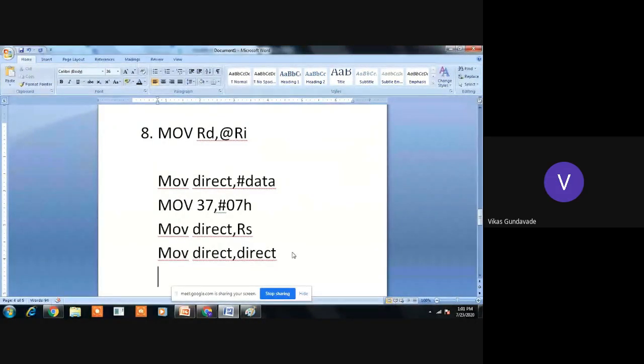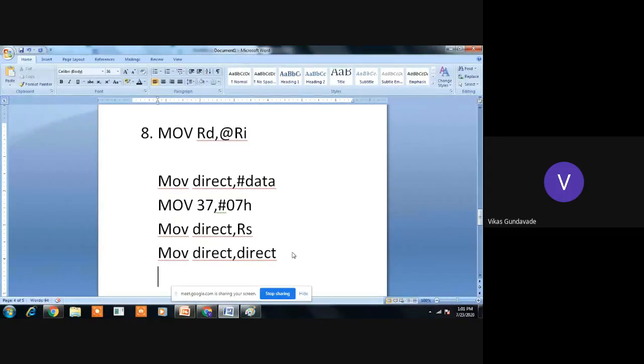Right. So it will require 3 bytes to store the instruction, one for the mnemonic, one for the first 8-bit address, and one for the second 8-bit address. Okay. Similarly, you can take instructions like move direct comma @R1, that is for indirect addressing mode, or vice versa. Or we can take the same examples as move direct comma accumulator, then move @R1 comma accumulator, and so on.